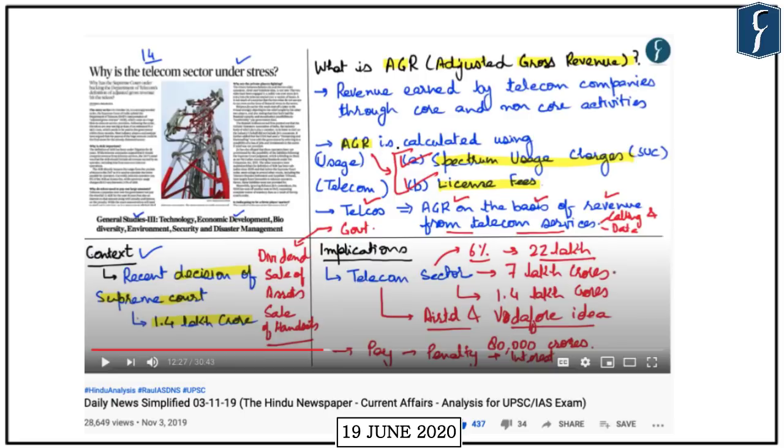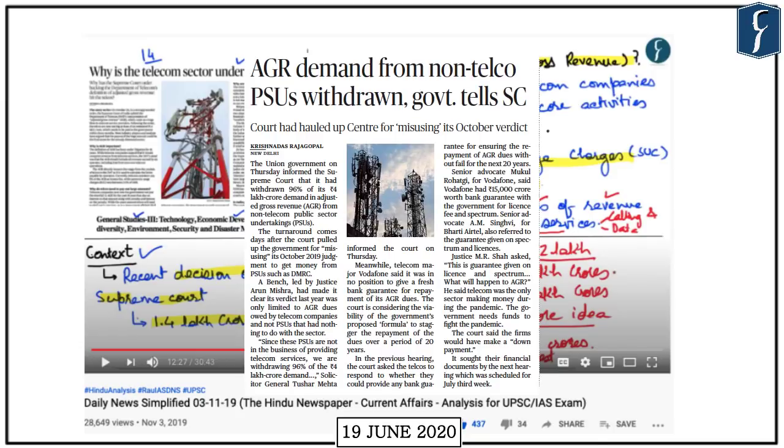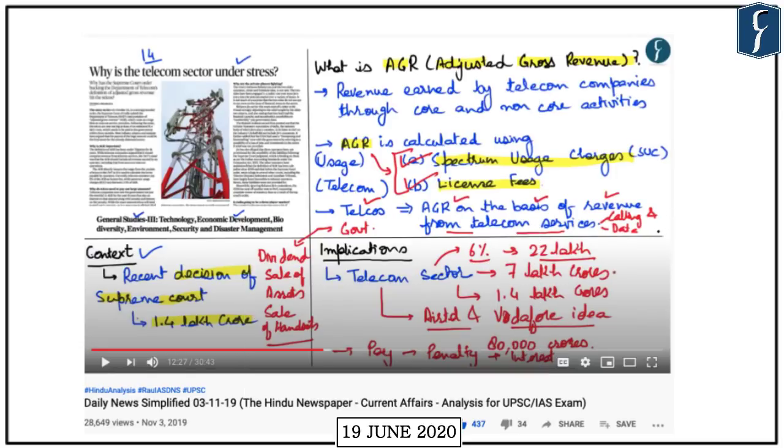Then another news appears on economy page. AGR demand from non-telco PSUs withdrawn, government tells SC. Now adjusted gross revenue or AGR was in news a lot in 2019 and beginning of 2020. No need to wonder, this topic has been discussed in our DNS at least 2 to 3 times. For example, in DNS dated 3rd of November 2019, it was covered in detail by Nagendra sir, where he not only discussed the definition of AGR, which is basically revenue earned by telecom companies through both core as well as